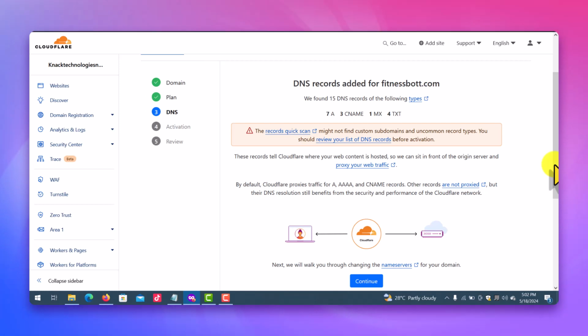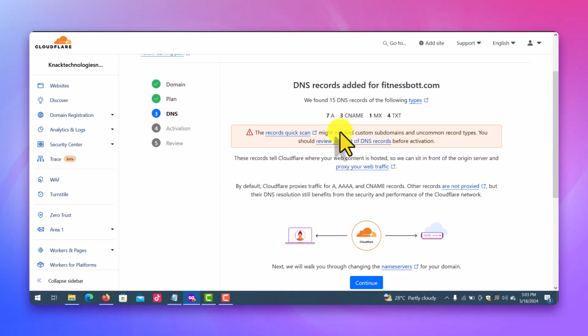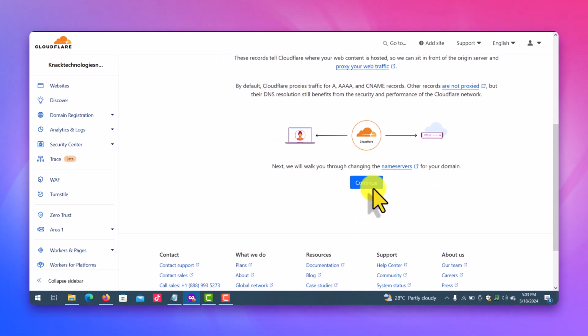So there are two things you can do. Number one is you can wait a while for the newly created domain name to propagate with your hosting server. That might take days, maybe 3 days or more. Or you can go to the zone records on your hosting and configure all those zone records the same way on your Cloudflare. So that is that. For me, it was able to pick all my DNS because the website has been configured for long with the hosting. So you click on continue,